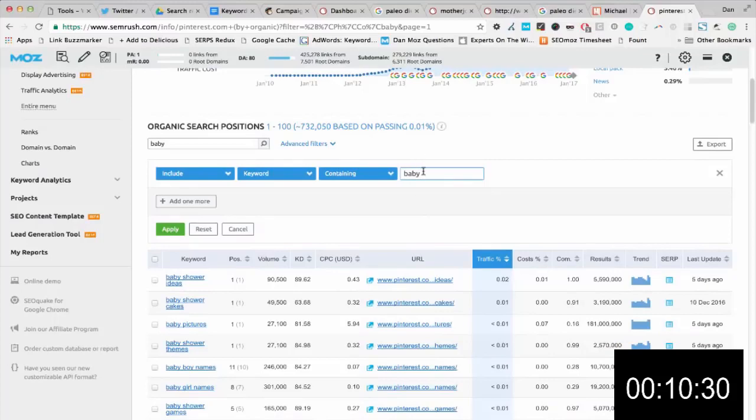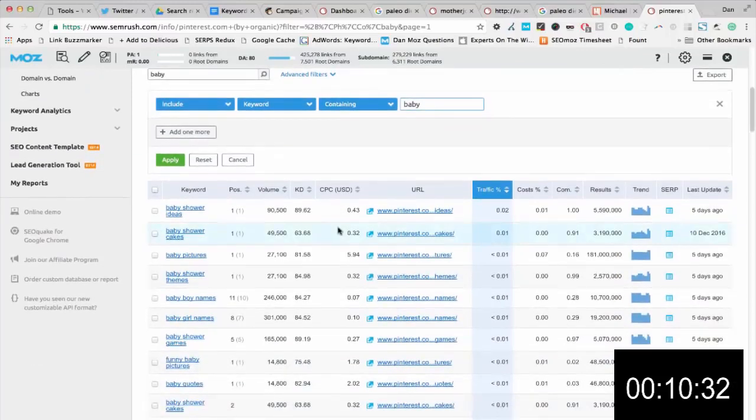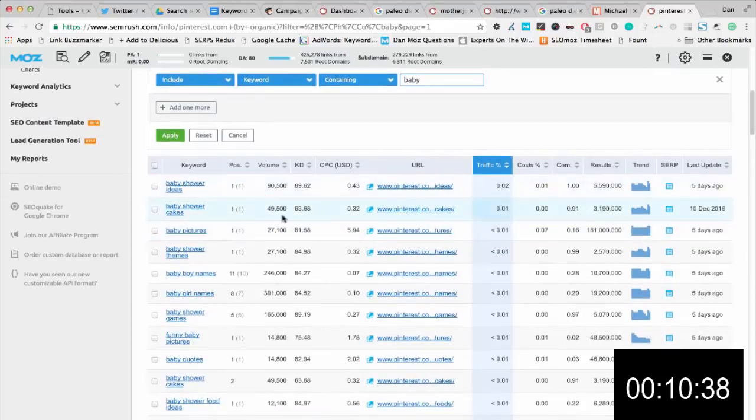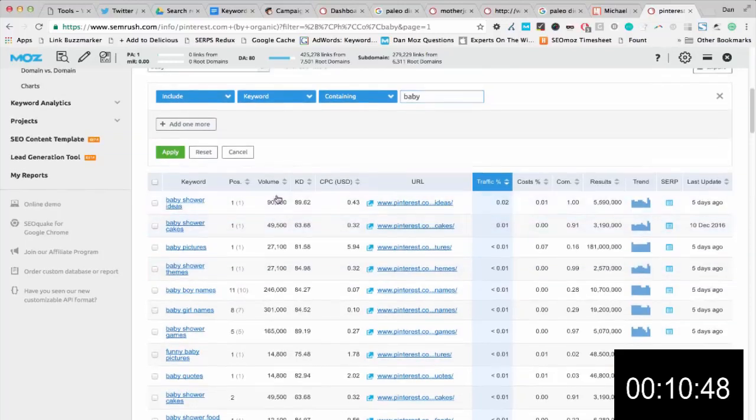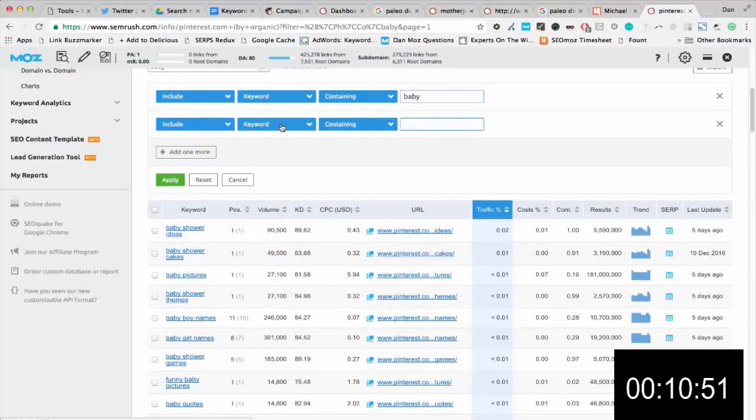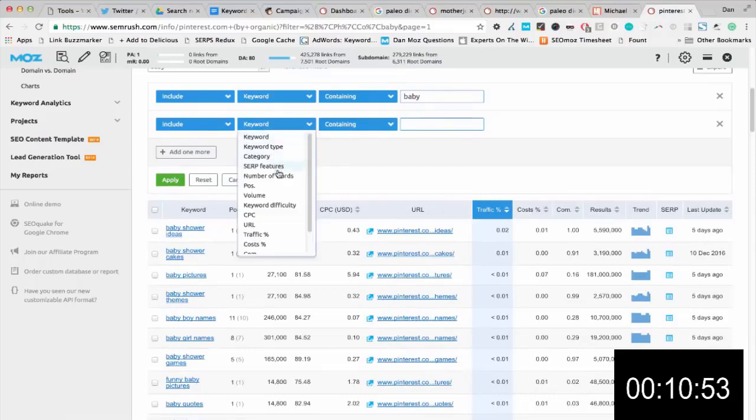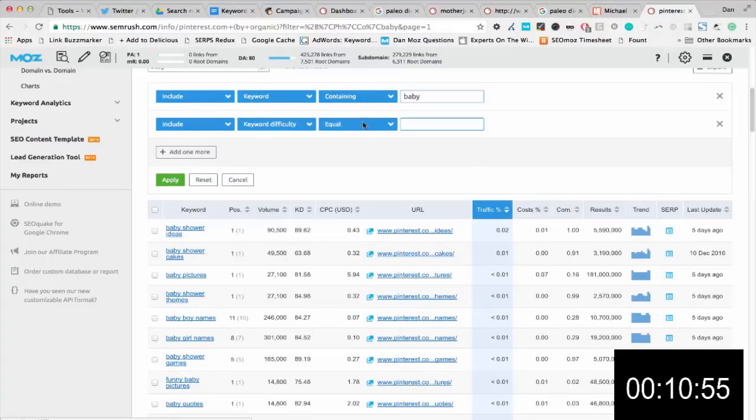So if I filter by the keywords that have the word baby in it for Pinterest, now if I'm a high authority site, I could maybe just use these right off the bat and maybe rank for baby shower ideas. But chances are you are possibly a lower authority site, and so therefore we're going to want to use a filter here, and this is using SEMrush's keyword difficulty